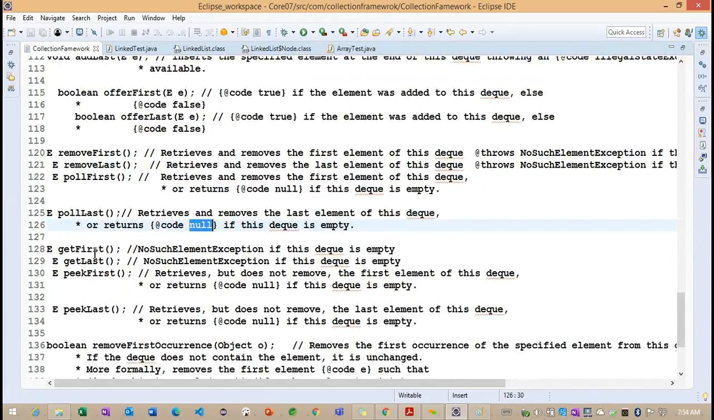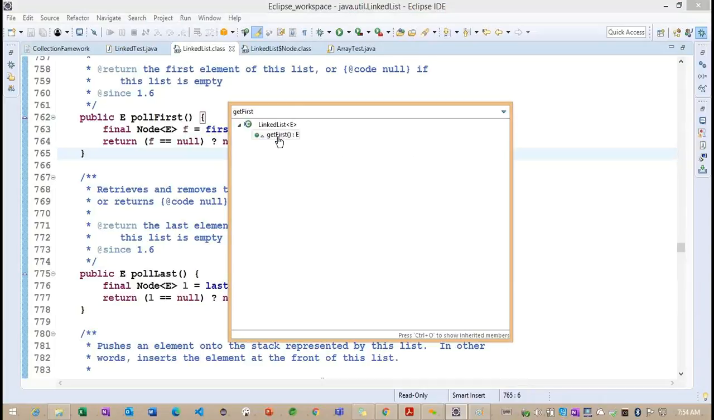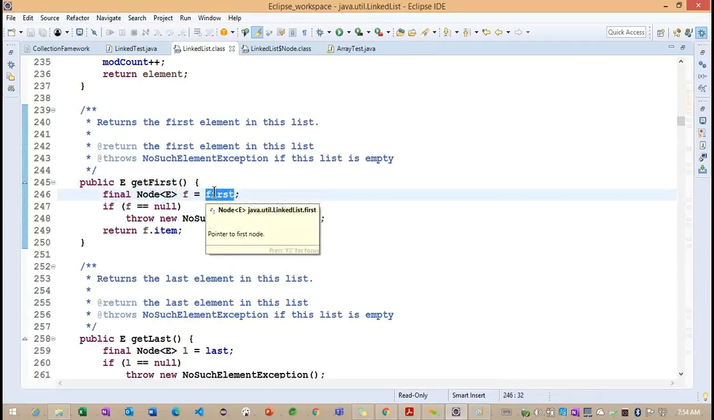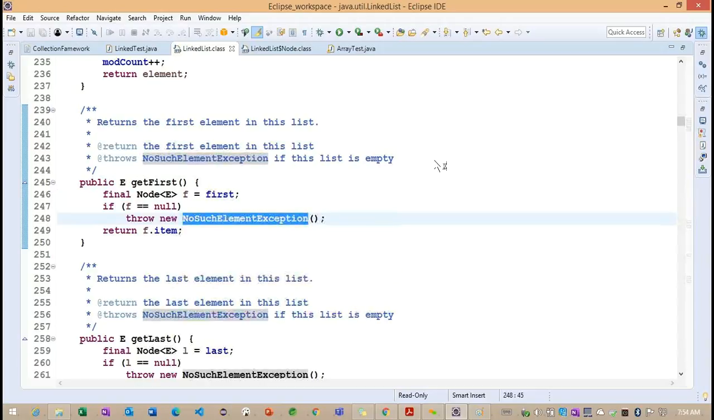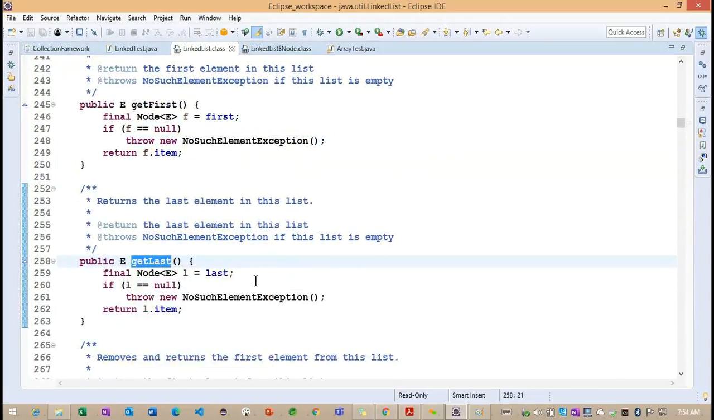Right. In the same way, we can go for the get first method. What does get first do internally? It will try to load the first node. If the first node is null, it throws an exception. In the same way, the get last method also will try